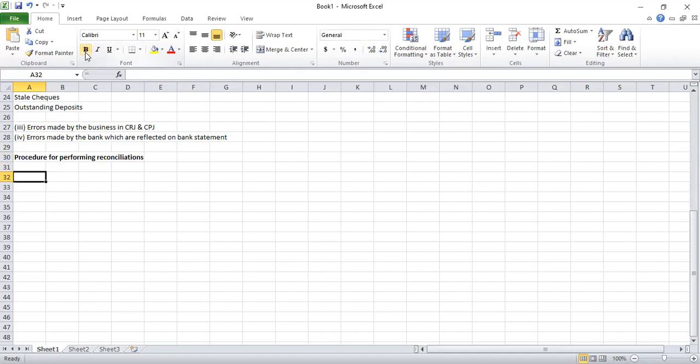Right. Normally, a reconciliation is performed at the end of each month. So at the end of each month, we compare our books to those of the bank and see if there's a difference. As long as there's a difference, then we perform a bank reconciliation. Right. So first of all, we check if the reconciling items